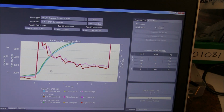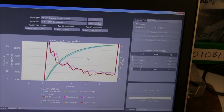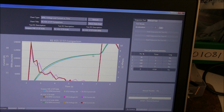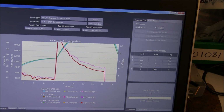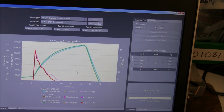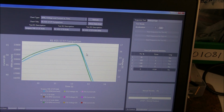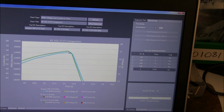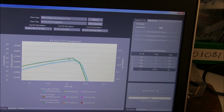The R1 has slightly less current, and now the curve for the RPM: the steeper the curve, more vertical, the quicker the acceleration. You can see the R1, it's got a tiny little bump, not much in it, and then that's 50% throttle, then at 100% throttle here, hit this point. You can see the current surges, and then the current on the R1 drops away. That's why it's more efficient on the efficiency graph. And again, the R1, slightly quicker acceleration just here, not much in it. And top RPM reach, but they're still both accelerating here, with the R1 just slightly ahead by a few hundred RPM,